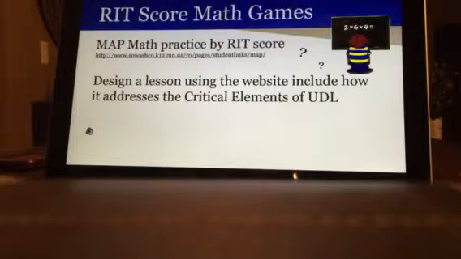For the next two slides, we have been, as administrators, talking a lot about MAP scores, and using our MAP scores. I have some websites that the teachers could be thinking about how to incorporate lessons that would focus and target these RIT scores. So I would, at this point in the presentation, give teachers a chance to